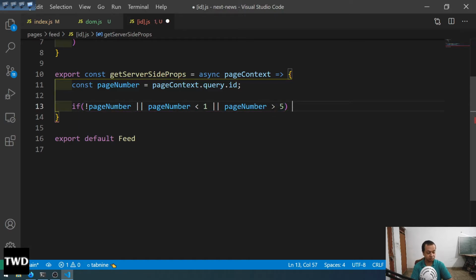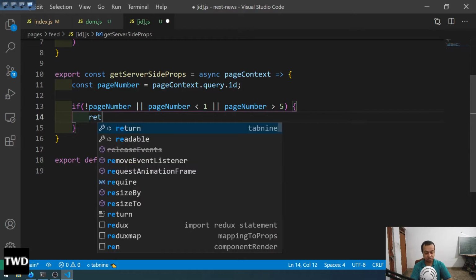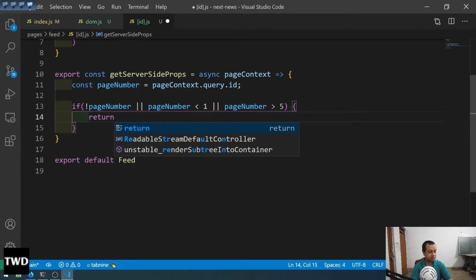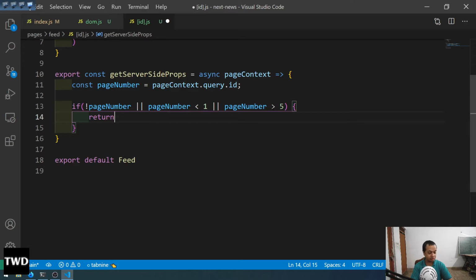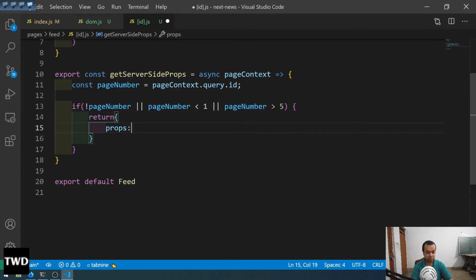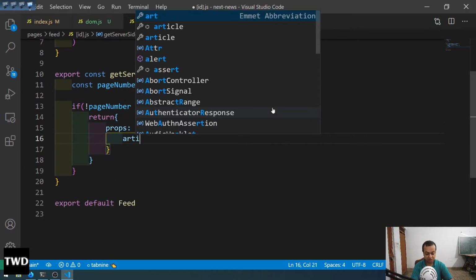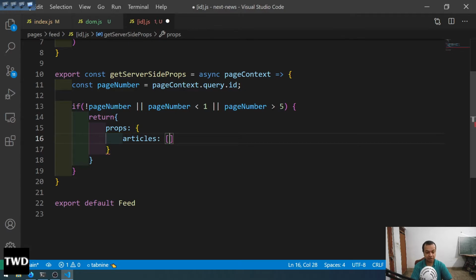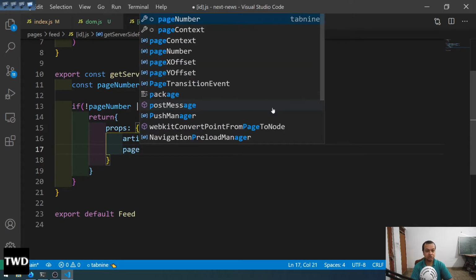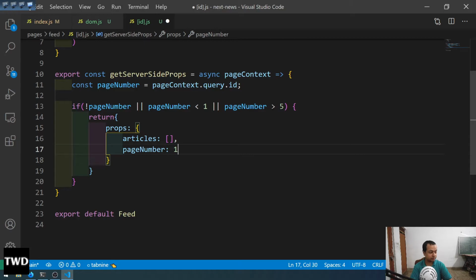Then what we are going to do is return props. We are soon going to get props, but let us do it ahead. Props: articles, this will be an empty array, and page number is 1. Now here only